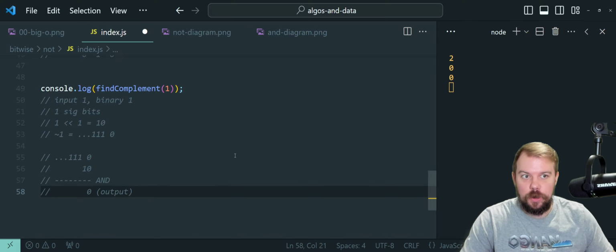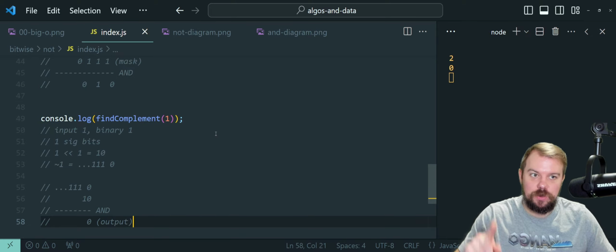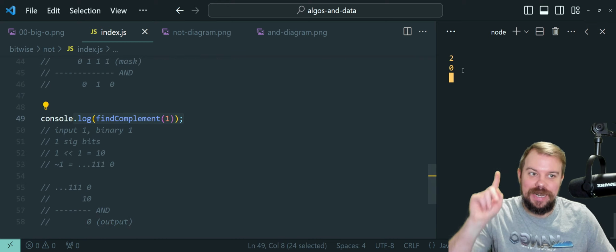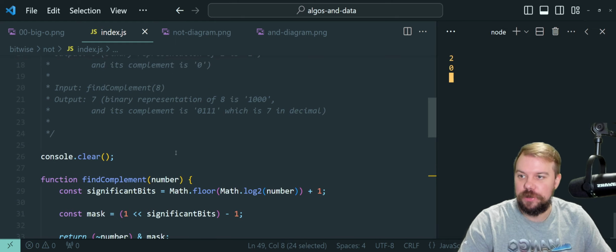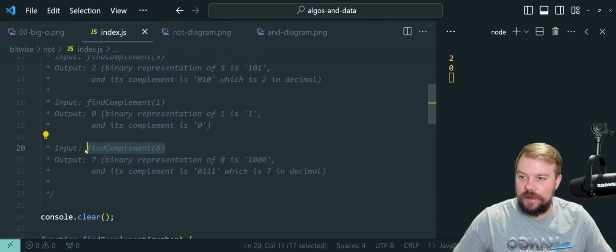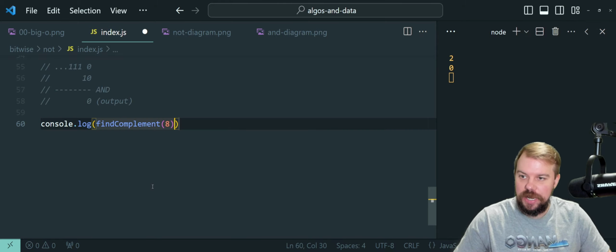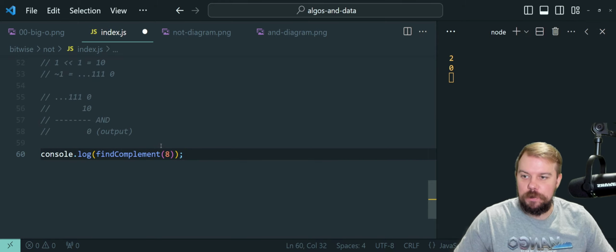So is 0 our output? It sure is. We can see there. 2 was the one from 5, and then find complement of 1 is indeed a binary output of 0. So the final one is find complement 8 as our example, and let's work our way through it again to try and make sure we get understanding of what's going on here. We should expect, let's see,